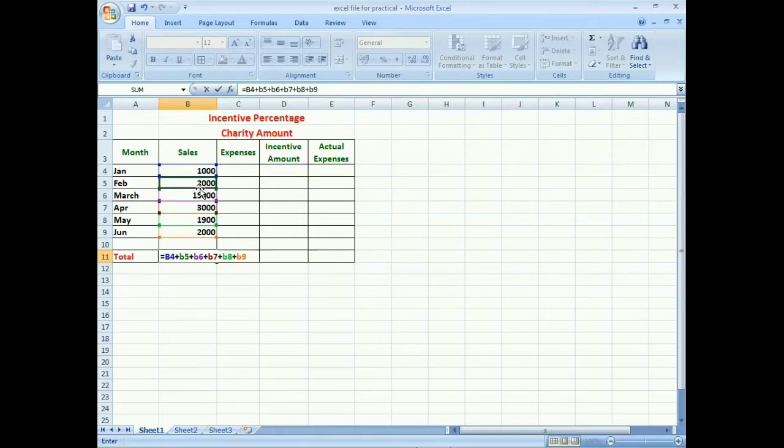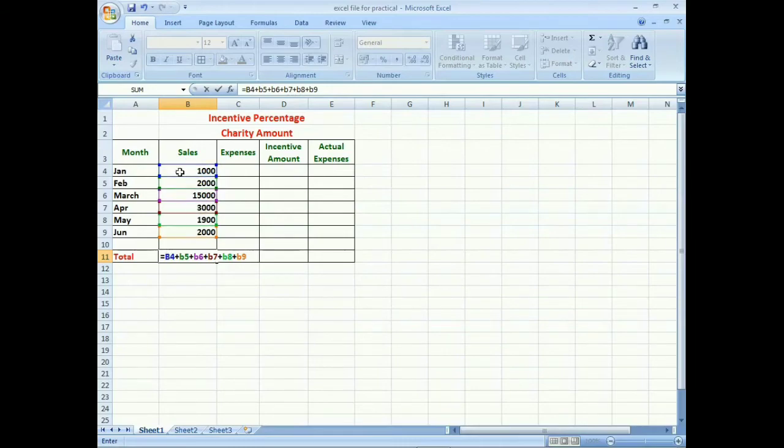Okay, and all the details we can see in cell B11. There is B9, and at last press the enter key. So firstly we need to type all the cell addresses after the equal sign.